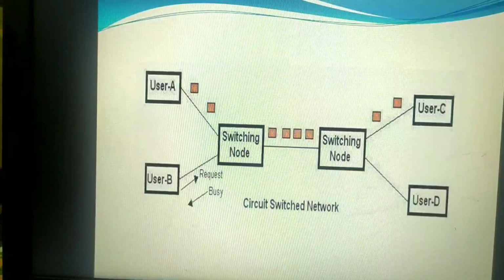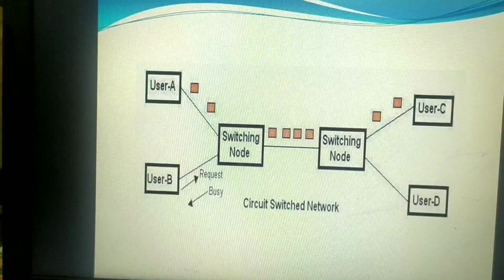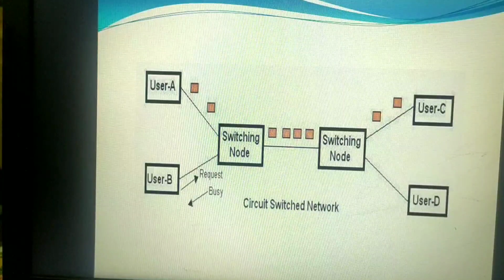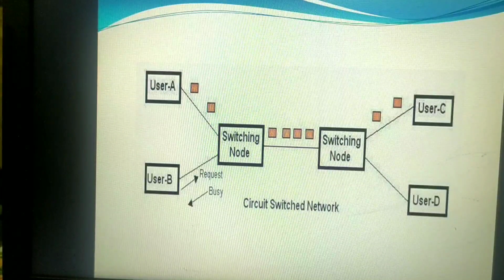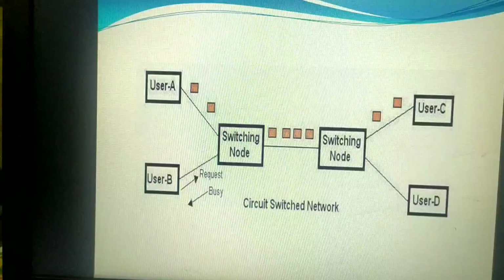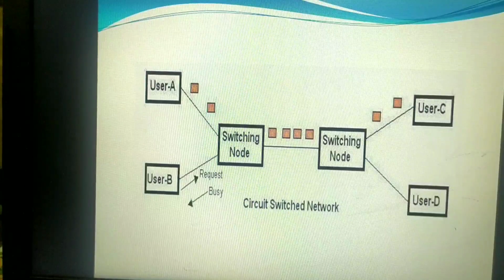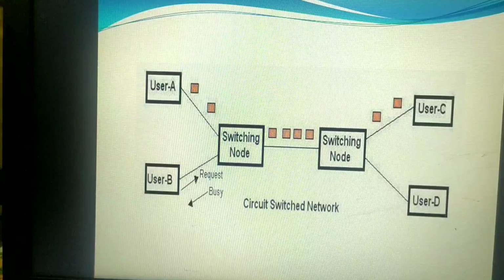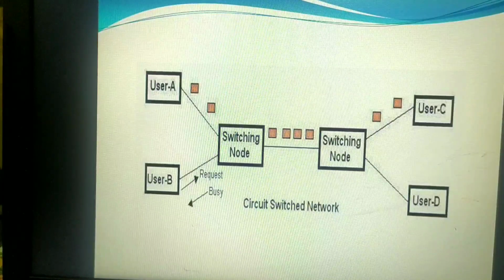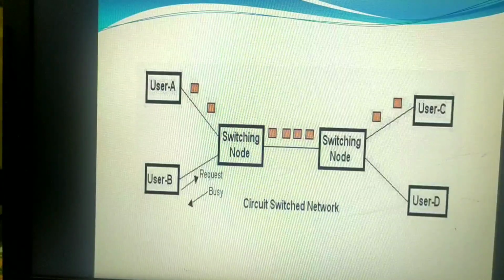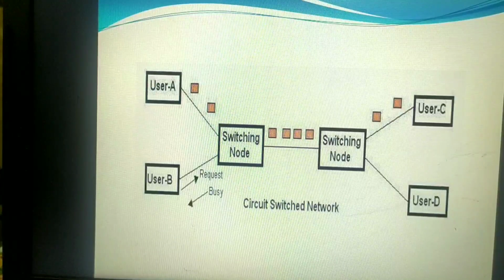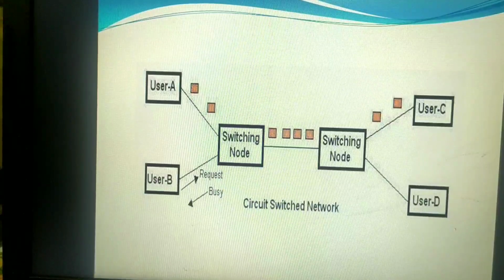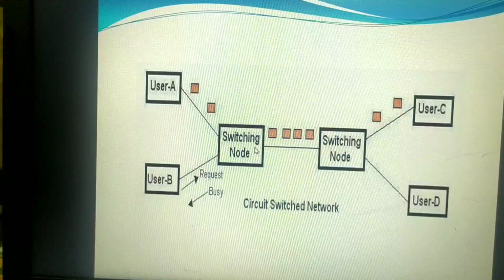Let me explain circuit switching. In this technique, first the complete physical connection between the two computers is established, and then the data is transmitted from the source computer to the destination computer. That is, when a computer places a telephone call, the switching equipment within the telephone system seeks out the physical copper path all the way from the sender telephone to the receiver telephone. That means whenever they want to transfer data from the source computer to the destination computer, first it will seek to establish communication through the copper wire.